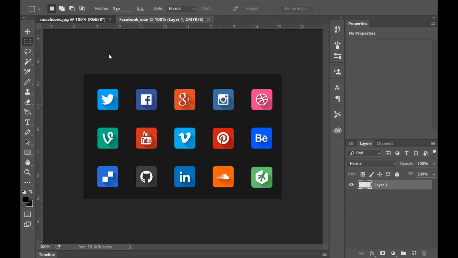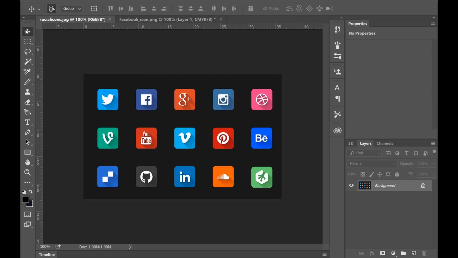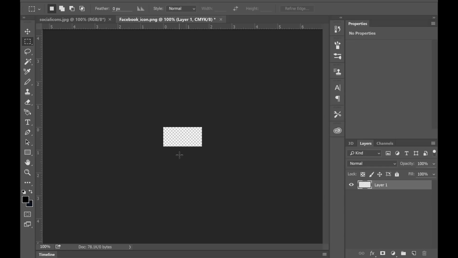So if we just click this tool, which is called rectangular marquee tool, and if we drag, cover the image. So we now have the area covered that we want to use. Hold down Control on your keyboard and hit C, the letter C. Navigate to our new canvas, hold in Control again and hit the letter V. And that's just a shortcut for Control copy and Control paste. So Control and C is copy, Control and V is paste.